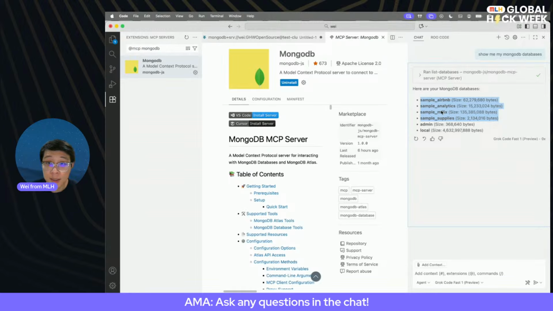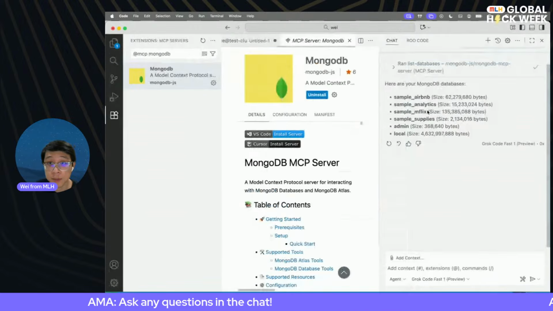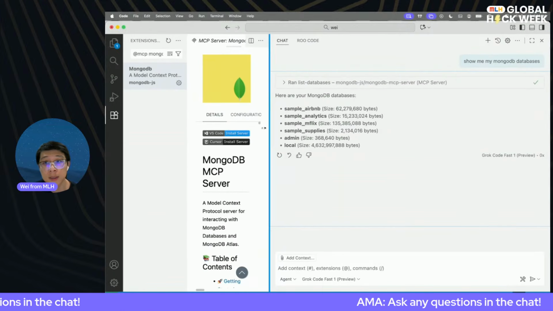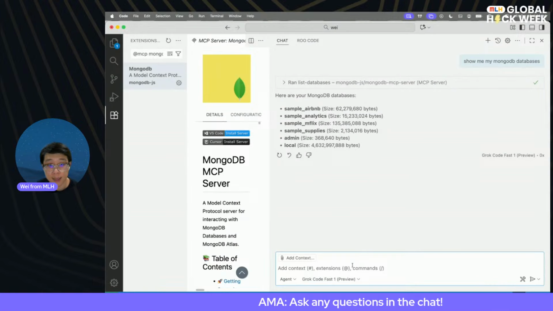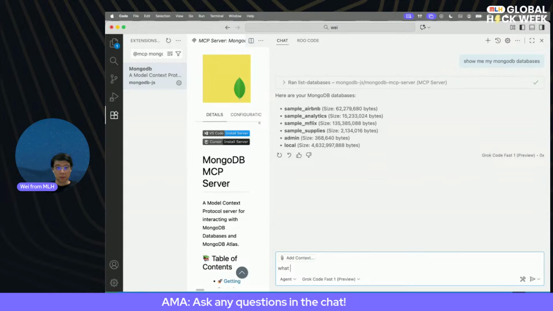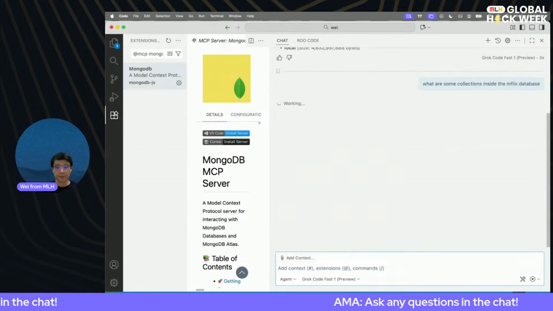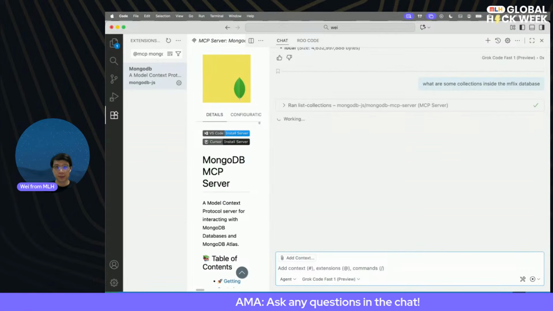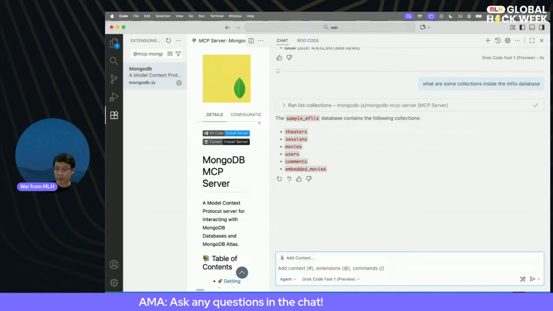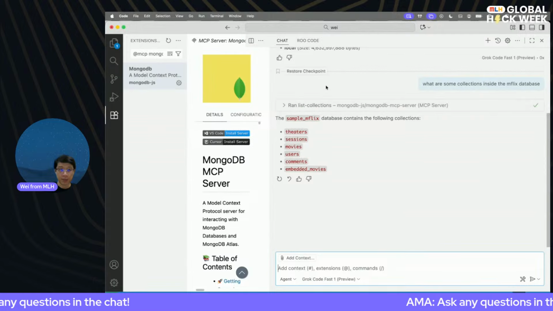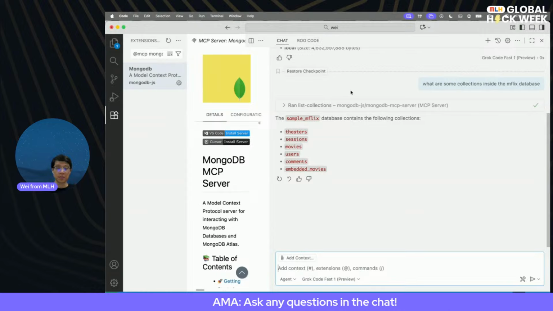Okay. Maybe let me zoom in a little bit more for this demo here. Okay, I can then ask a question. What are some collections inside the mflix database? Okay, perfect. So essentially using the power of my MongoDB MCP server, you're able to interact with your database without